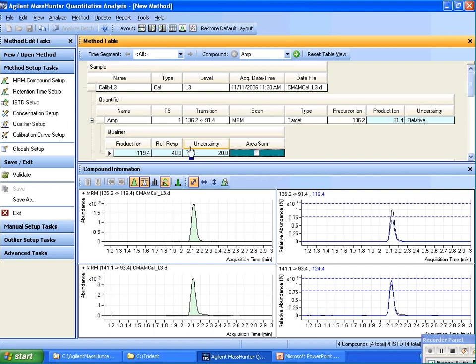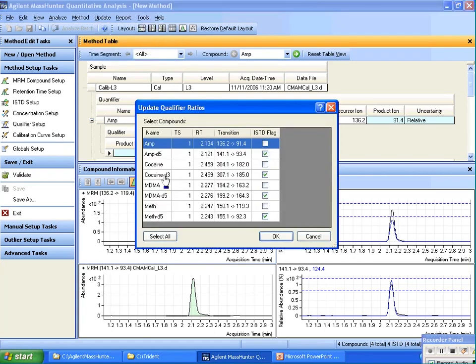So if it happens that in your method the qualifier ratios have changed, what you can do is come over to the method editor with a strong sample that has the ratios that you want, and then go update qualifier ratios. And as I've said before, you have the choice of updating by compound. In this case, I'm going to update only amphetamine,